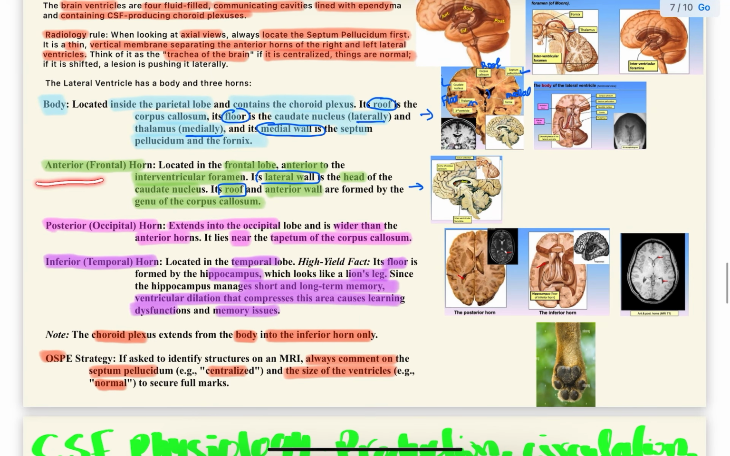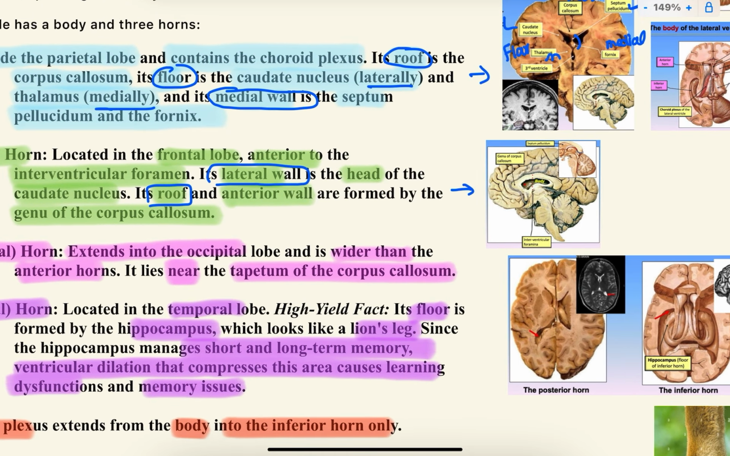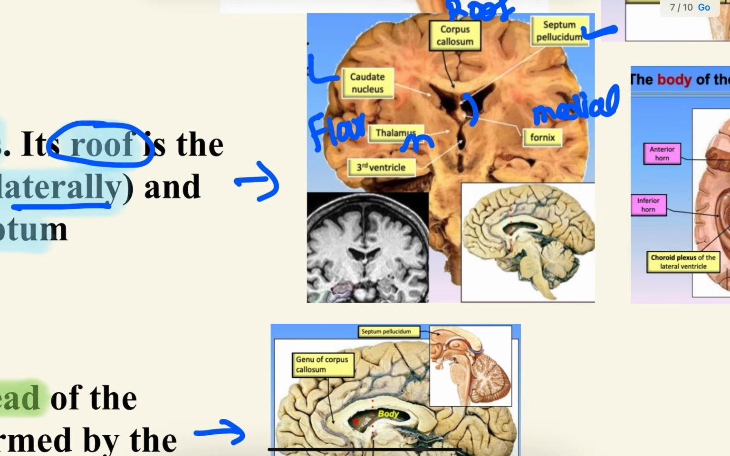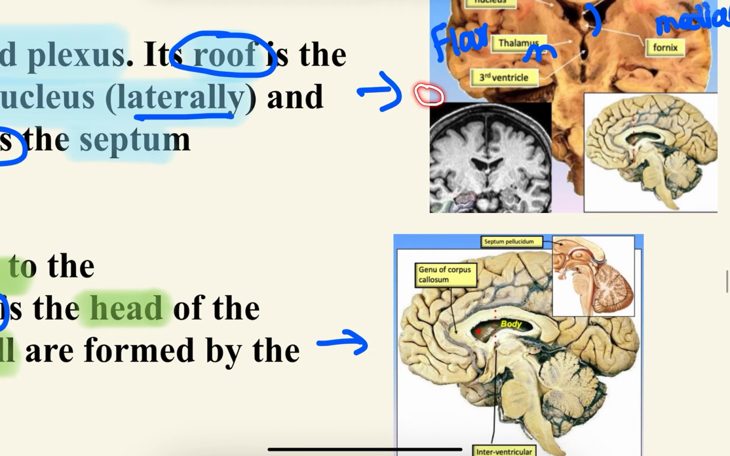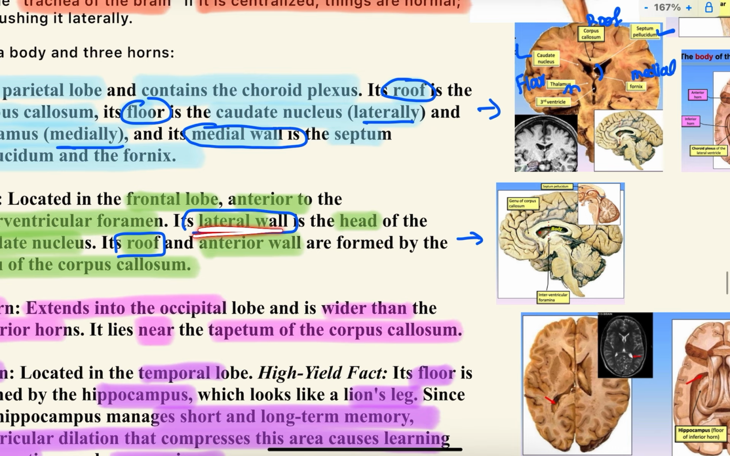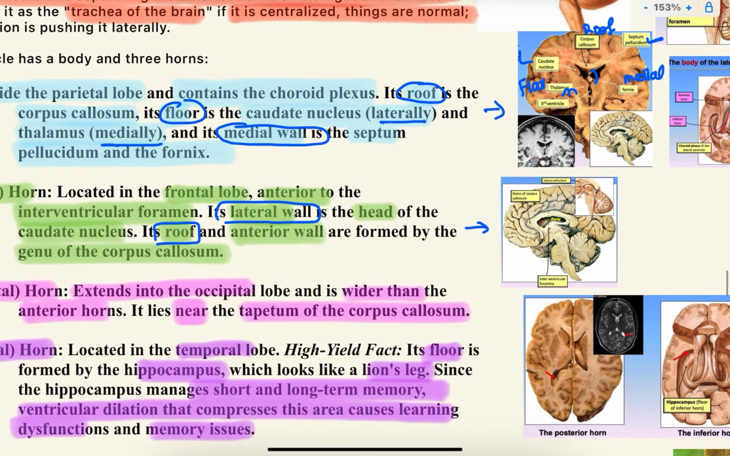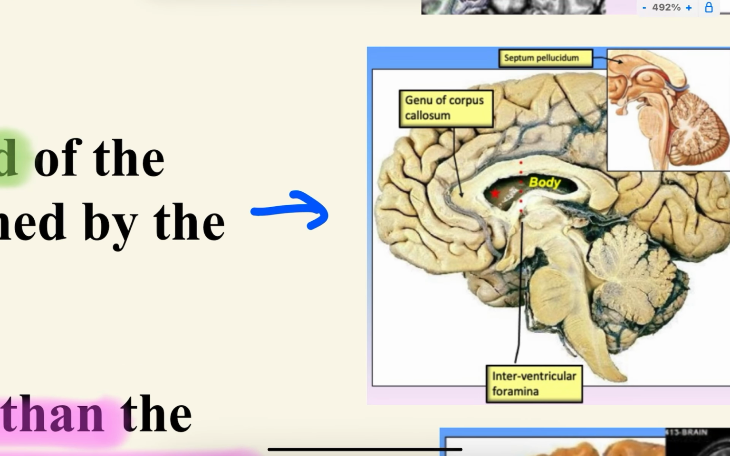The anterior horn we also call the frontal horn because it's found in the frontal lobe. It's anterior to the foramen of Monroe. The lateral wall of it is formed by the head of the caudate nucleus. So if this is the caudate nucleus, only the head of the caudate nucleus will form the lateral wall of the anterior horn. And then the roof and the anterior wall will be formed by a part of the corpus callosum, not the entire corpus callosum, only this part, which we call the genu